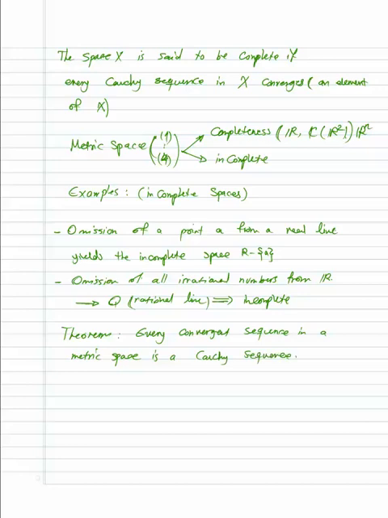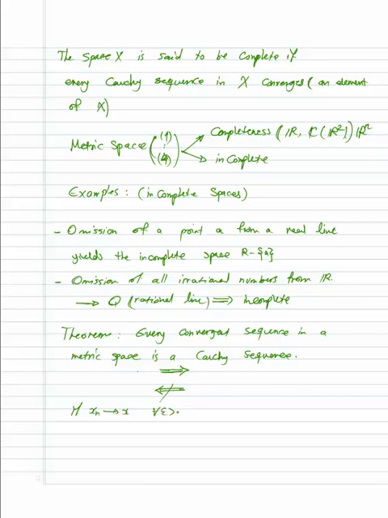Something you should be really careful about is it is saying that every convergent sequence is a Cauchy sequence. Then this is from left to right, but it is not true from right to left. Then you can prove it super easily by saying that if xn goes to x, then for every epsilon we will have n, which is a function of epsilon, such that